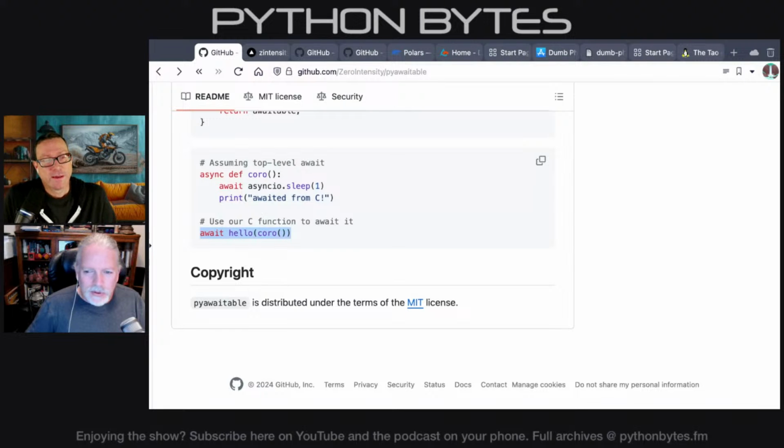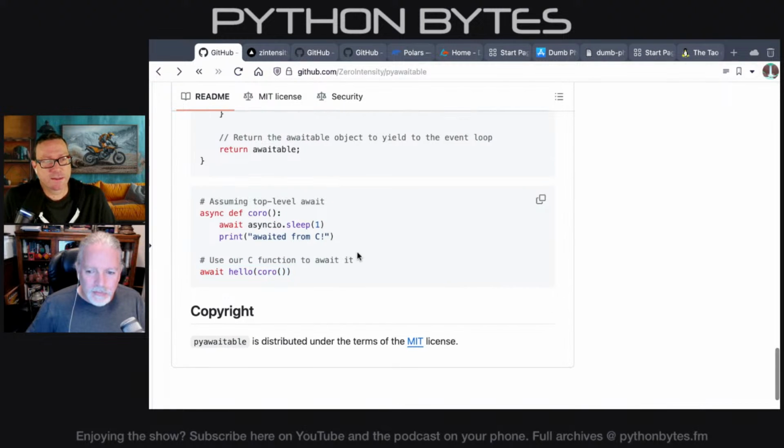So, okay, the C function is the thing that you're waiting for completion of? Yes. So here's a C extension written with this library that itself is effectively an async def function that you just await as if it was a native Python one. In the event loop and all that kind of stuff. And it can coordinate with other async things like your own ones or the built-in asyncio.sleep or whatever. That's pretty cool. Yeah. Pretty cool.